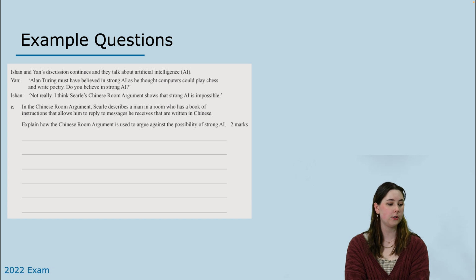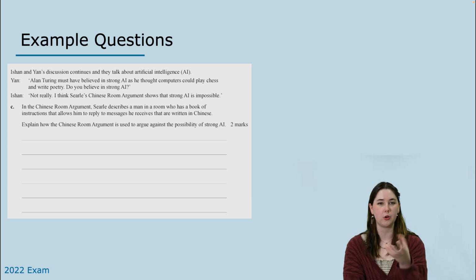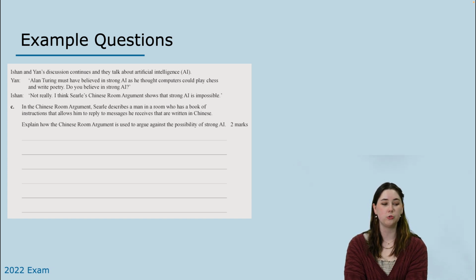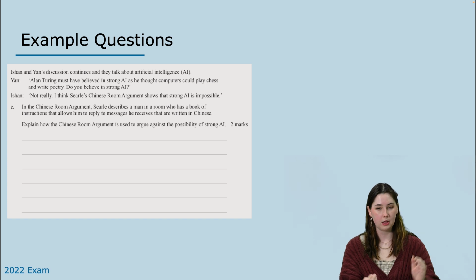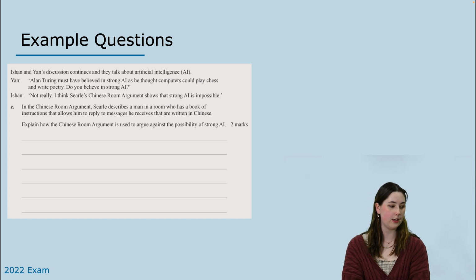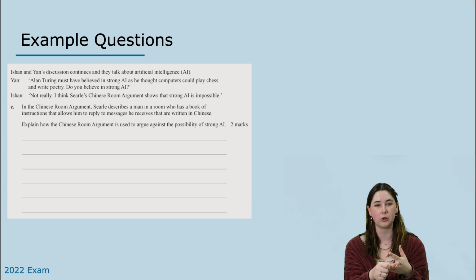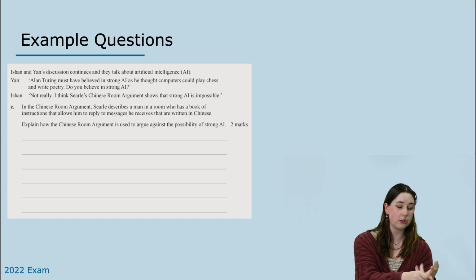So based on that, and we want to structure it towards the question, you probably want to form an argument about how John Searle does not believe in strong AI, and talk about making those connections to the Turing test, and then also describing how strong AI is not really capable of real thought. But we want to explain the Chinese room thought experiment. So we're looking for 2 marks, explaining the thought experiment, and then connecting that back to the question about how it doesn't actually mean strong AI.